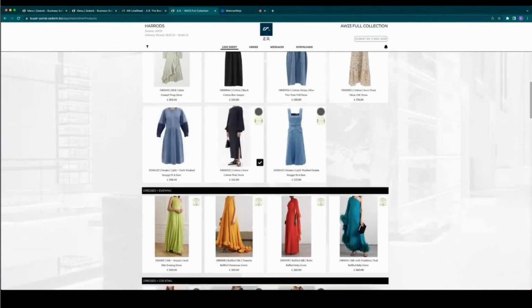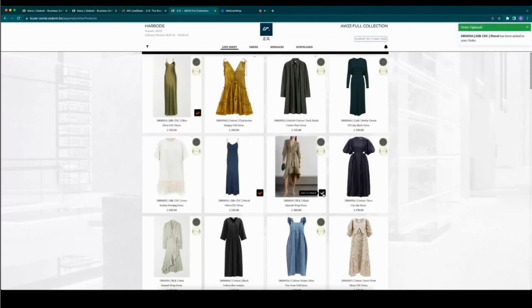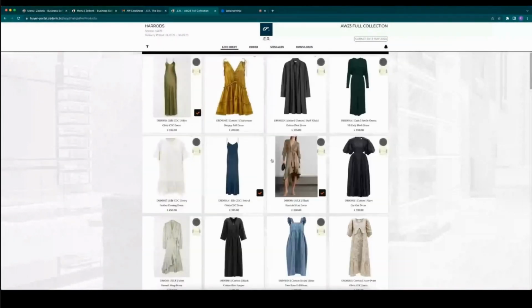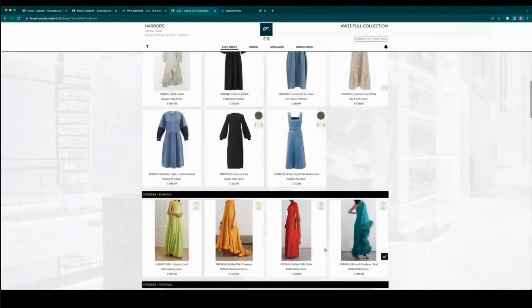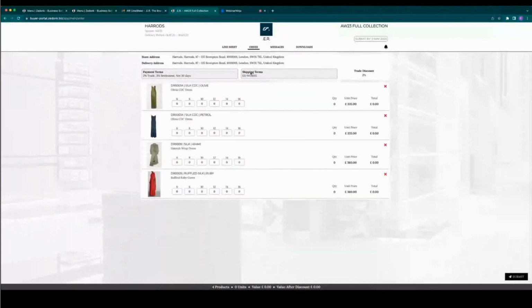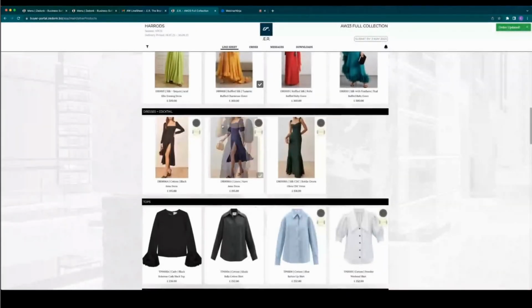The actual digital showroom itself, in terms of the navigation from the client, for them to add things to their selection, all they need to do is hover on the tick. But like you saw before, if you jump into the product itself, they can also add it from here as well. And just to go back, they just need to press on the line sheet button here up at the top. So when we are going through and selecting, this takes everything to the order tab. So if they wanted to remove something, they can press the red X here, or simply just untick the products that they have marked on the line sheet tab itself.